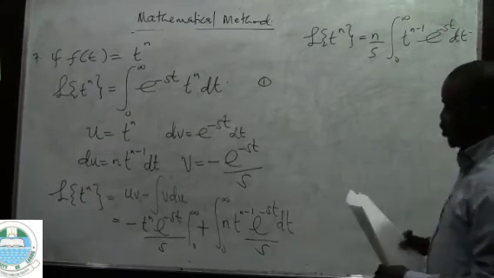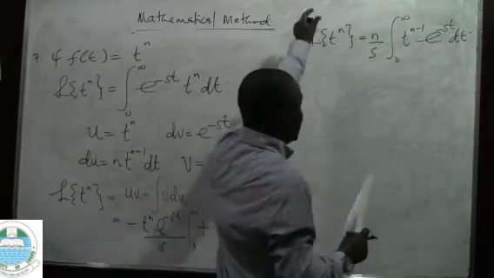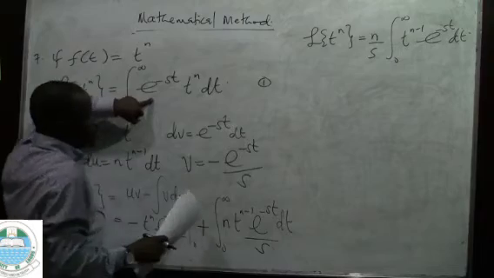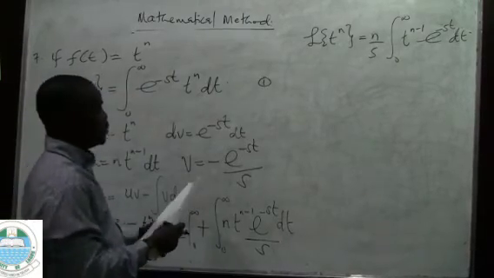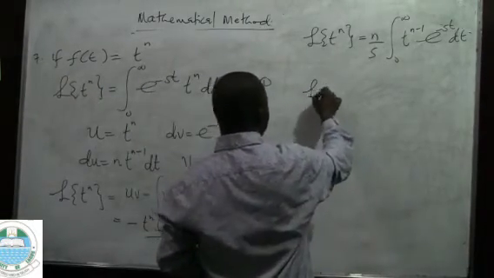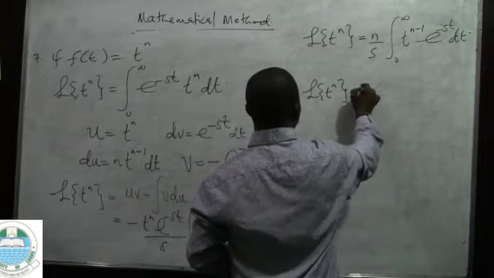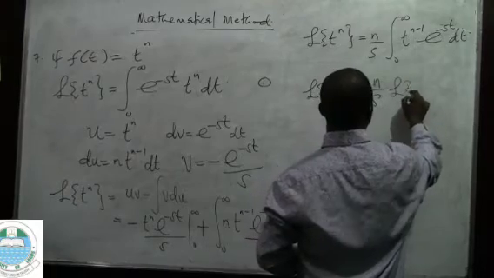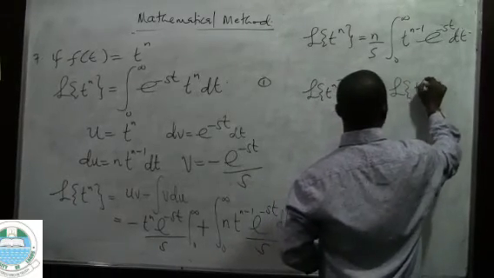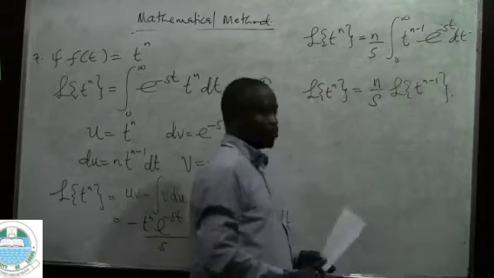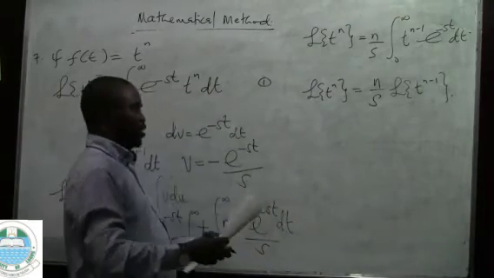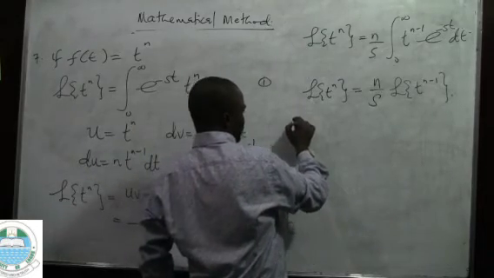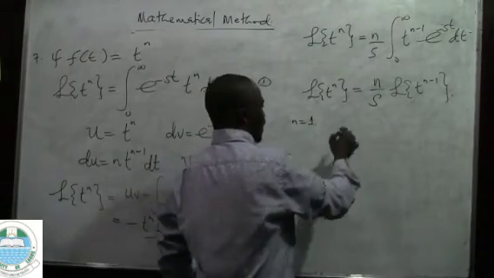Now let us observe very well that what we have there defines what we have in equation 1. And how do I mean? I mean that the Laplace transform of t raised to power n gives n divided by s times the Laplace transform of t raised to power n minus 1. That's what we have. So here we now deduce that if n equals 1, I have